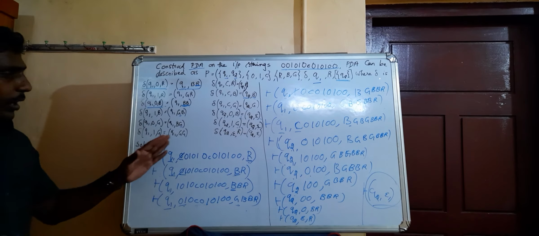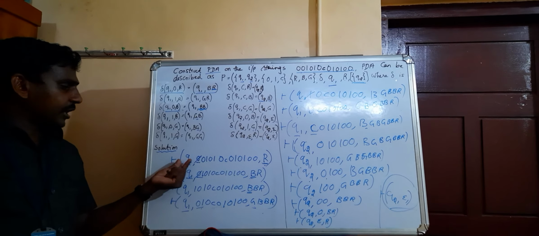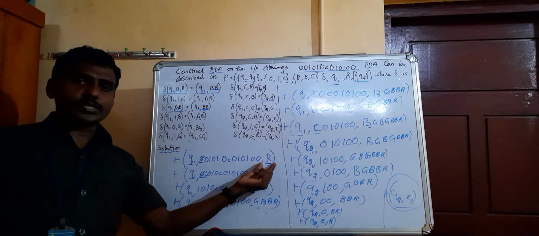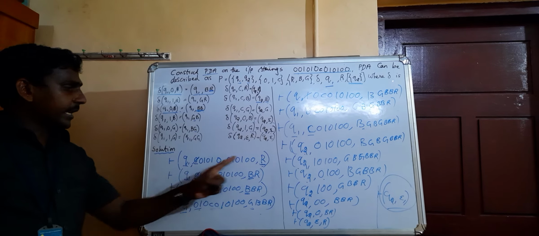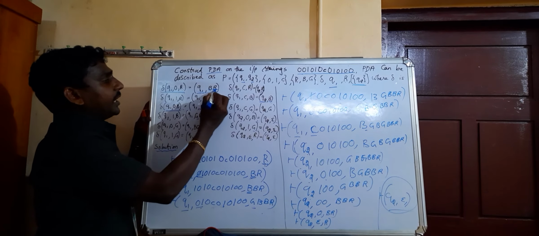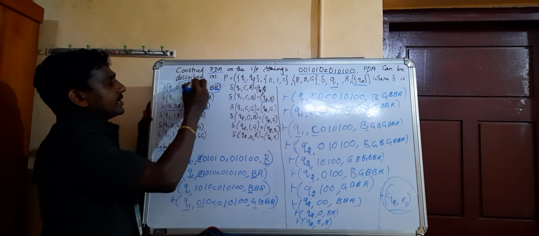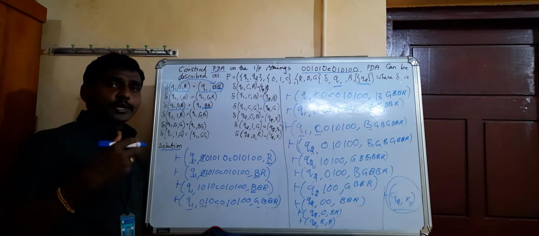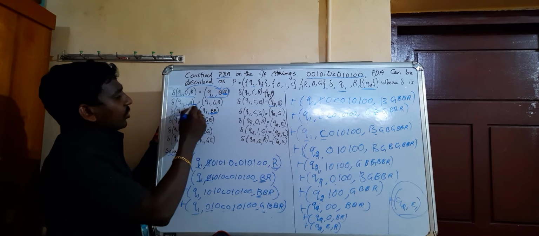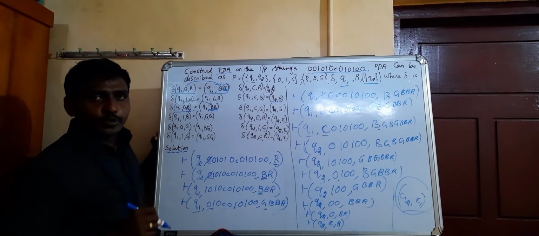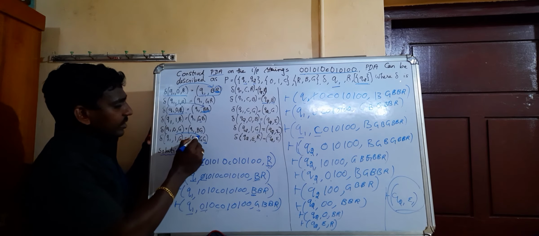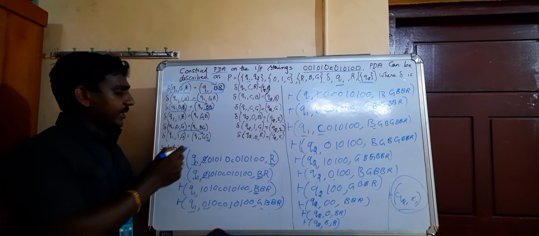Clear? So you have to understand the concept. First we have to take the initial state and the input stream, then the start of the stack. Then we have to compare these three. If you see R, BR means R is already there, the 0 is pushed into the stack and converted into B. For example, B is already there, 0 is pushed into the stack, converted into B. So this idea should be clear. G is already there, this 1 is converted into G and pushed into the stack.